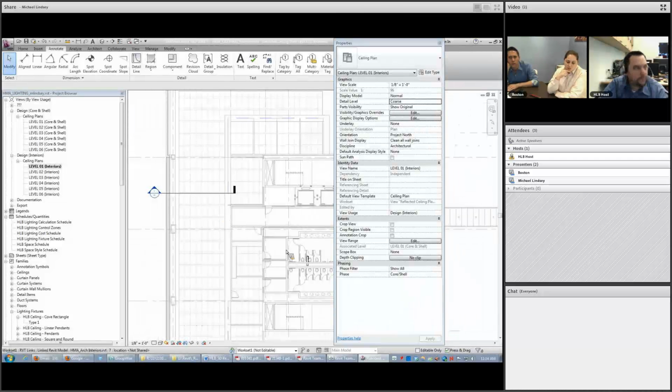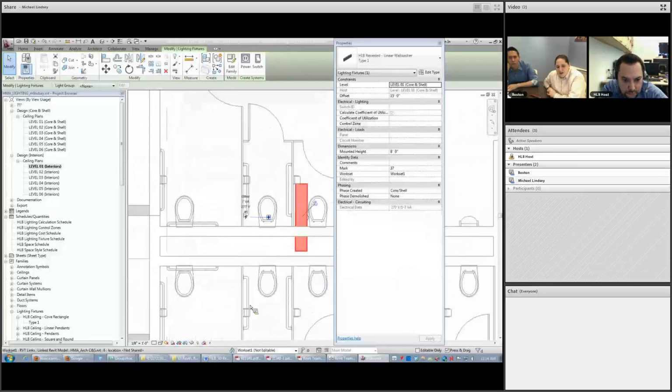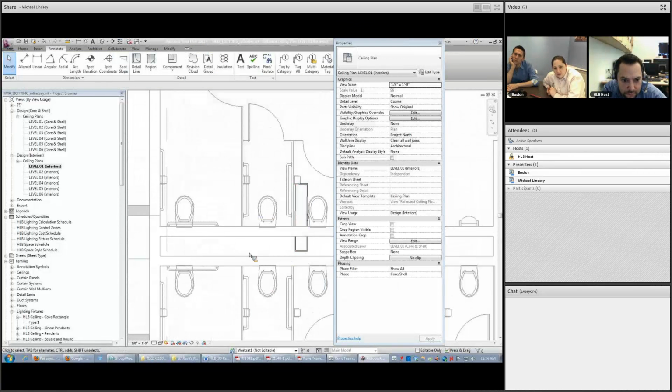Yeah, you shouldn't have to do that. Well, you can see me starting to put a fixture in. Can I ask, since you haven't set up your ceiling levels yet, did this process not take very long, what you've done so far? Because mine didn't take very long, which made me feel like I've done something wrong.